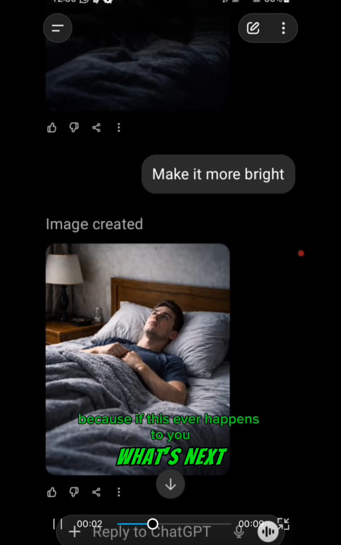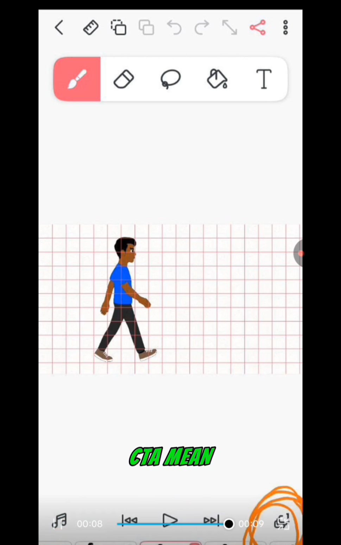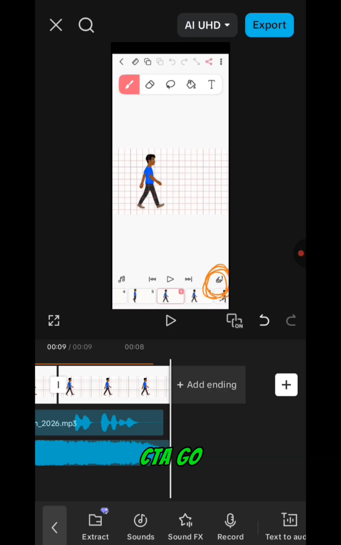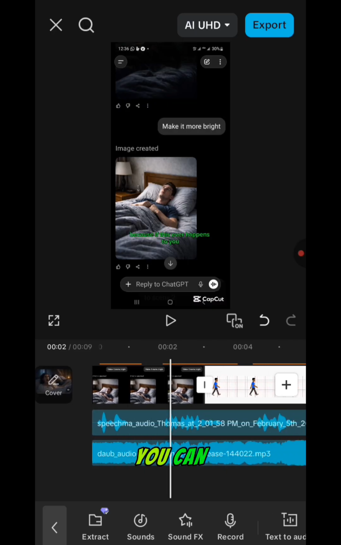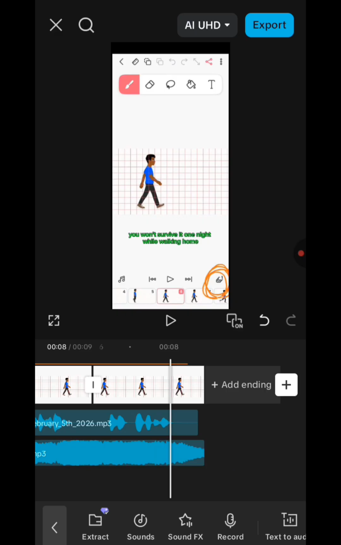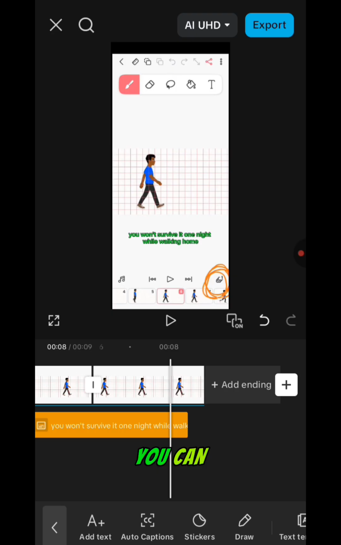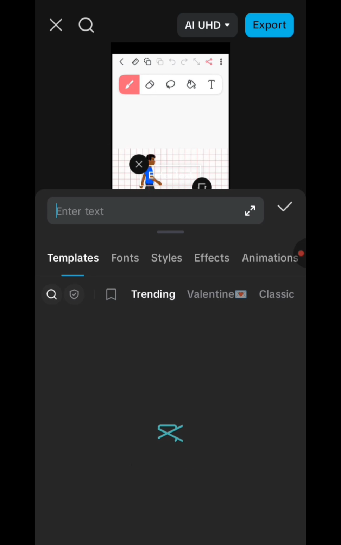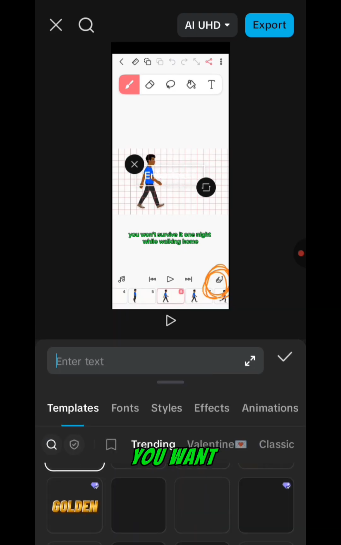So what's next? You can decide to add a CTA. What does a CTA mean? Call to action. You go back, then go to text, and go to add text below. Add text here, and for example, if you want to say subscribe, you can just say subscribe, or maybe you can use one of these. This will be better. Just use one from these over here. If you want to say subscribe, or thanks for watching, anything you want to do,